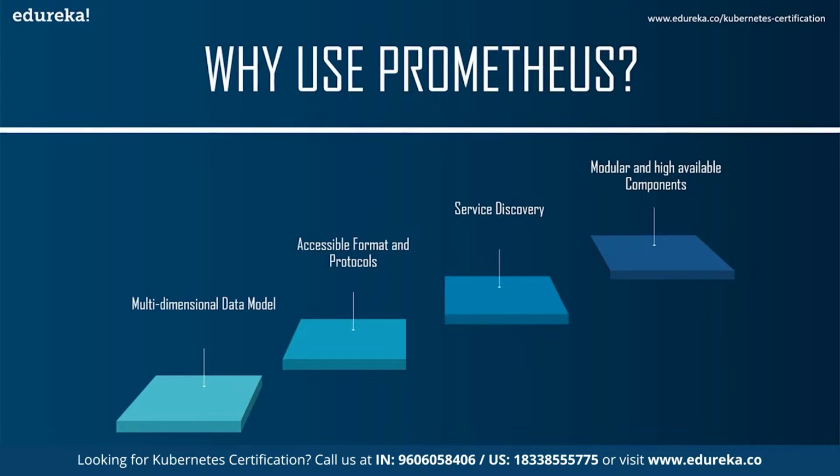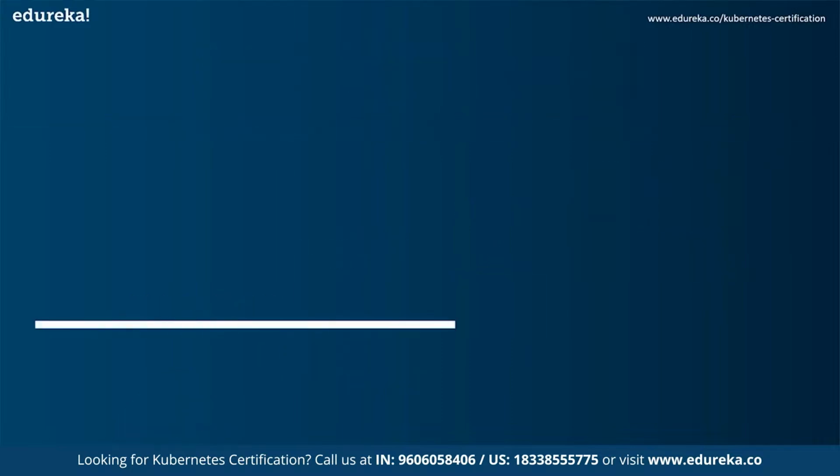The last reason is because of its modular and highly available components. Metric collection, alerting, graphical visualization, all of these are performed by different composable services in Prometheus itself. Now, all these services that I just mentioned are designed to support not only redundancy but also sharding. So now that we know what Prometheus is and why we need to use it, let's move ahead and understand